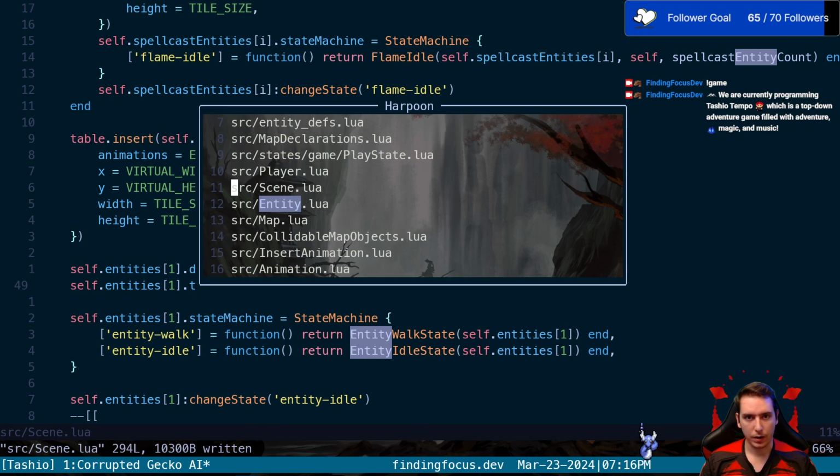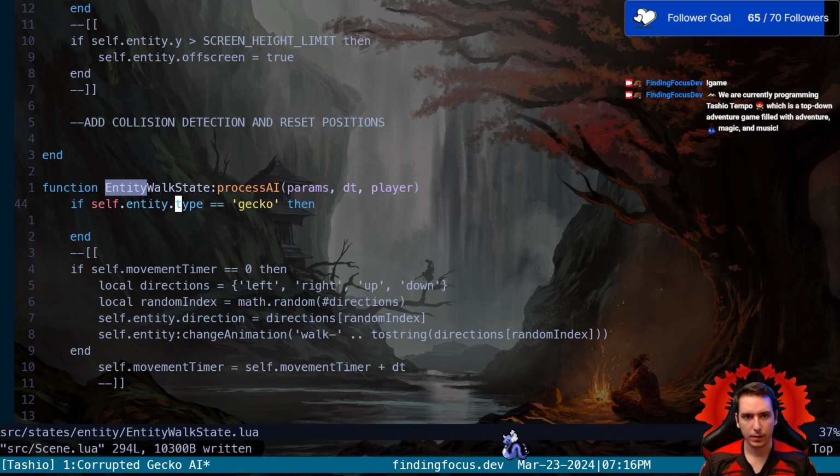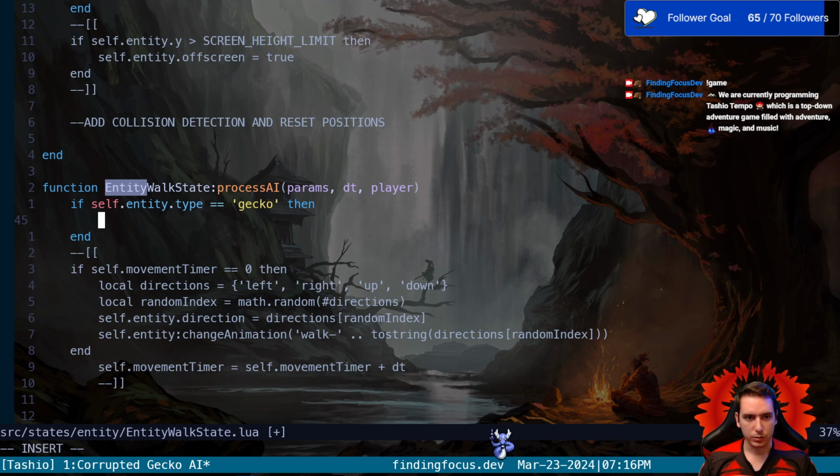And now in our scene, we're going to be calling process AI on our entity. And what that's going to do is say, okay, well, what state is that entity in? And go ahead and run process AI on whatever state that entity's in so that we get different behavior for the walk state and the idle state. And then we can ask what the type is and do a certain thing